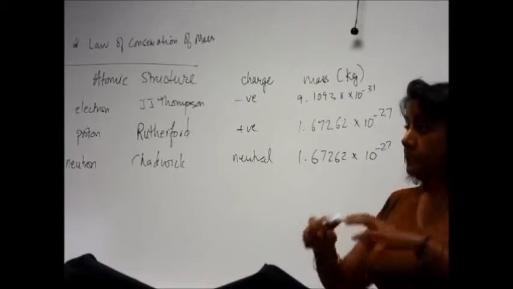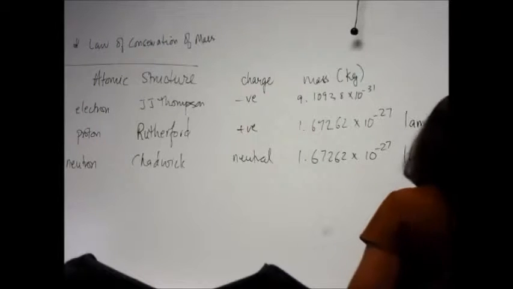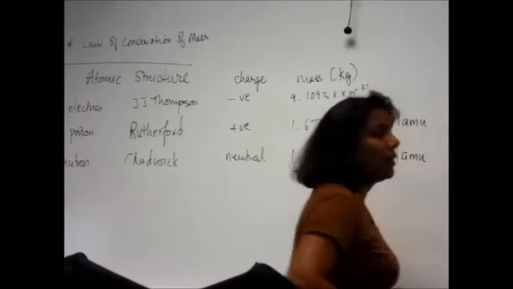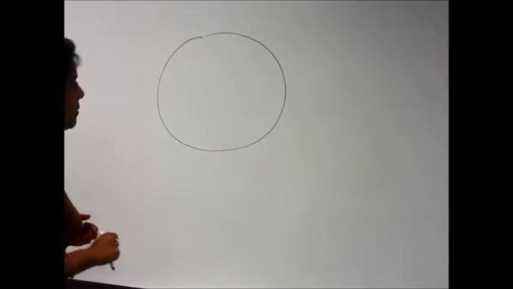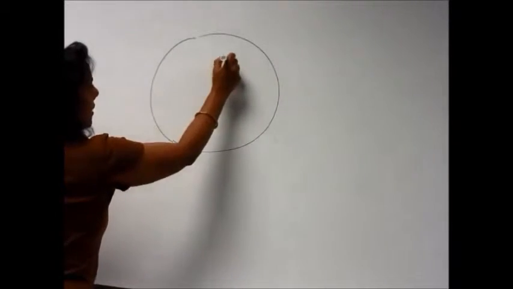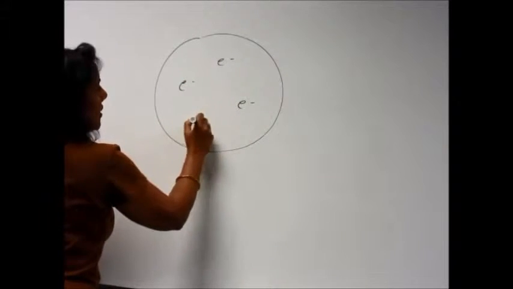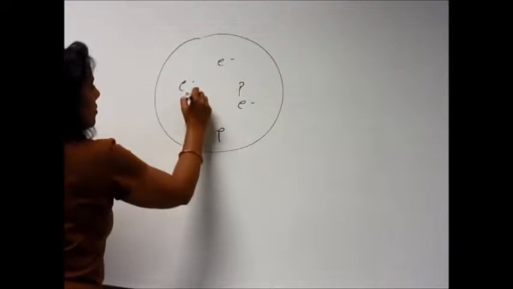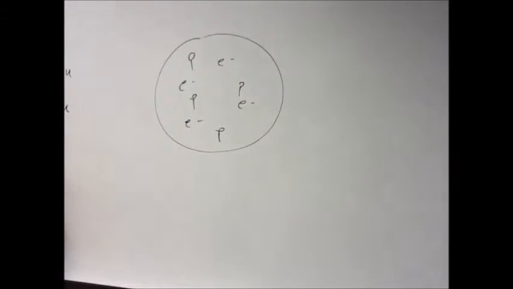Now, the atom is found to be round. The first model of an atom, and you don't have to draw this if you don't want to, is that they thought that if the electrons are around here, the protons should be here also, all around, everywhere. And this was called the raisin pudding model. I hope it doesn't make you hungry. It's called the raisin pudding model because if you have raisin in pudding, then you never know where the raisin would come, and so it's just distributed everywhere.